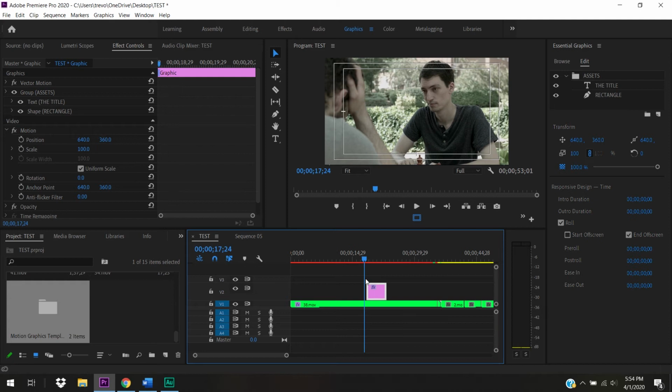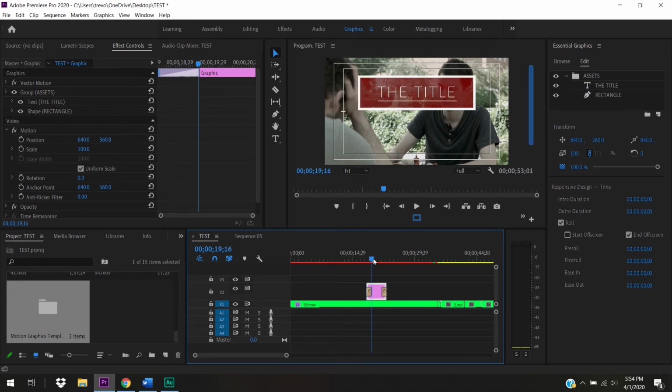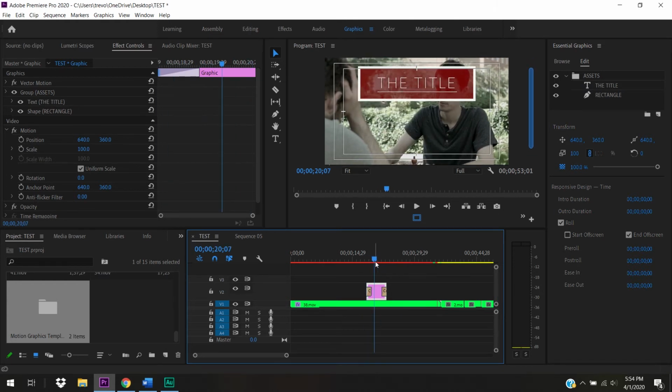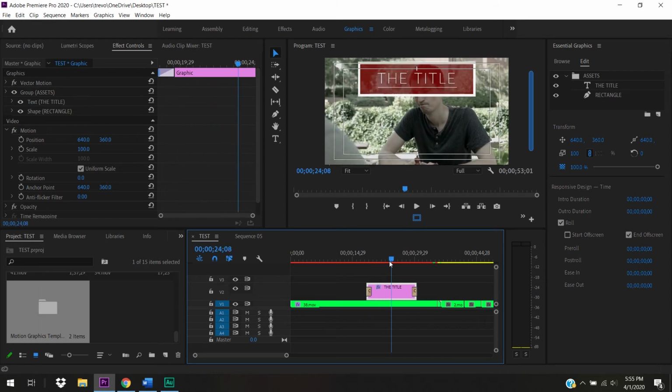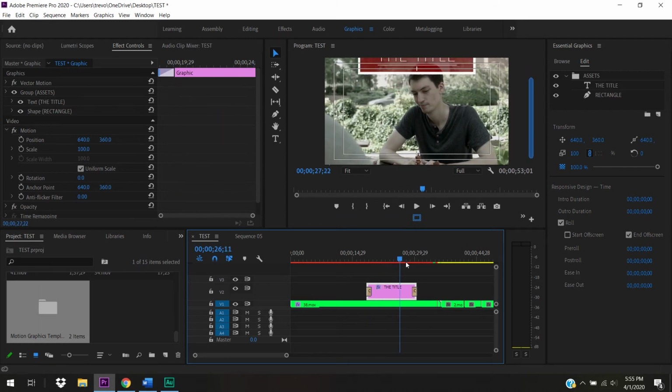So instead of this just popping in here, if we wanted this to dissolve in, I'm just going to press Control D for that quick transition. So now it dissolves in and takes off. And if I want this to roll out slower, that is one way that it is a little bit different than a regular video. So as we stretch this thing out, it is going to affect how the text animates